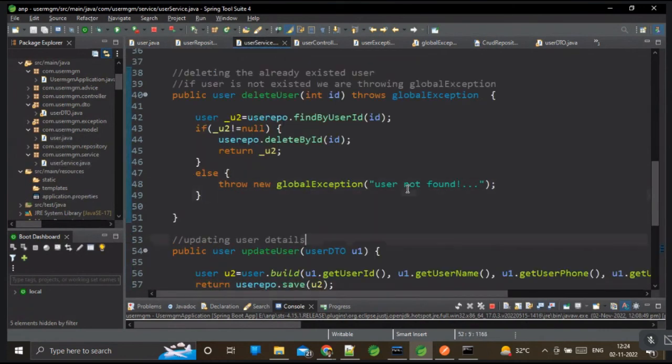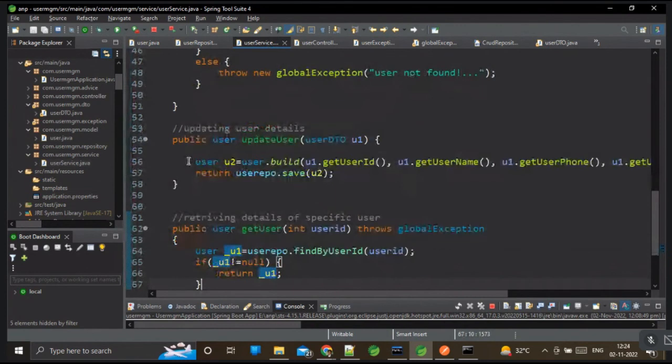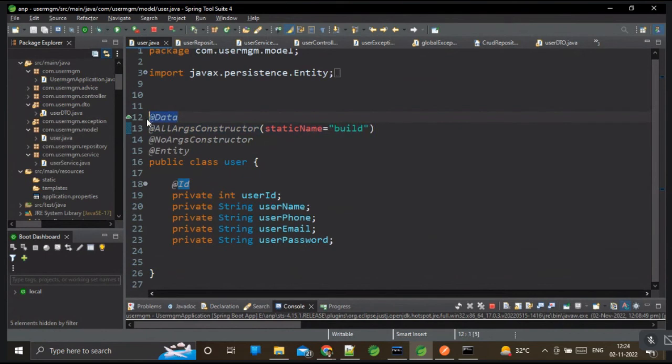So you can see user dot build. Build is the static name which is applied for the all argument constructor, and in the constructor we are reading all the data of the user DTO by mentioning their getters. And here you can see I'm not using the getters and setters because we are using the data